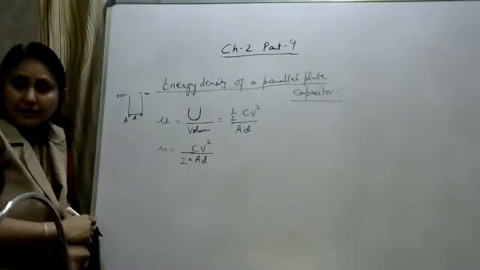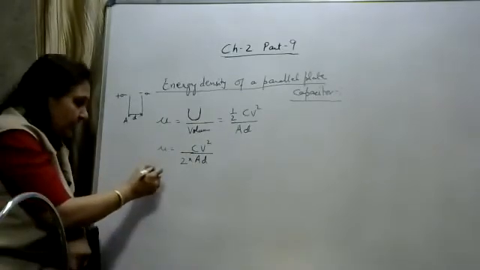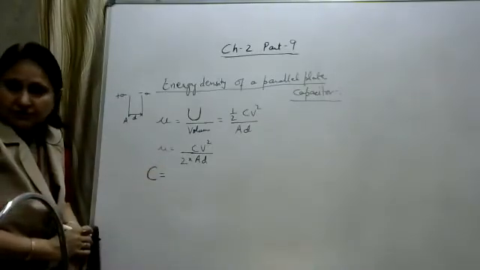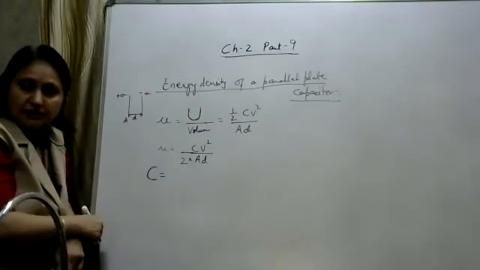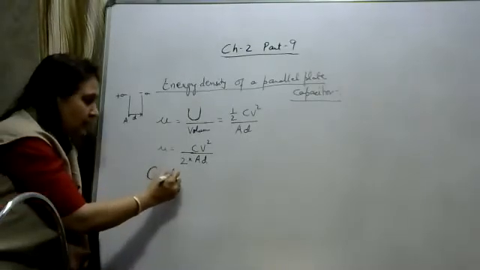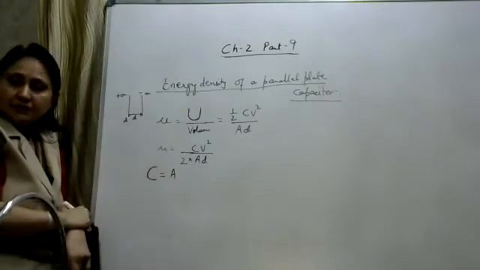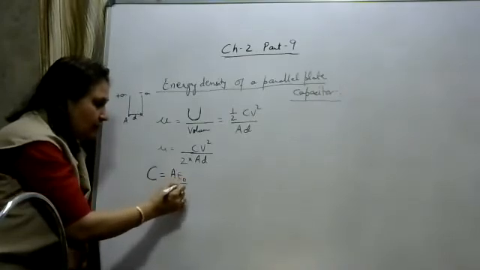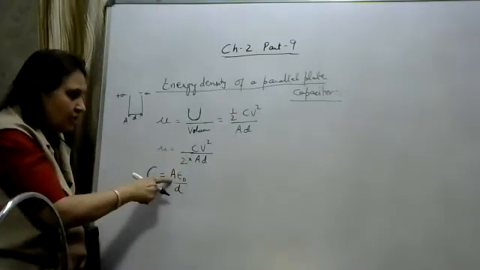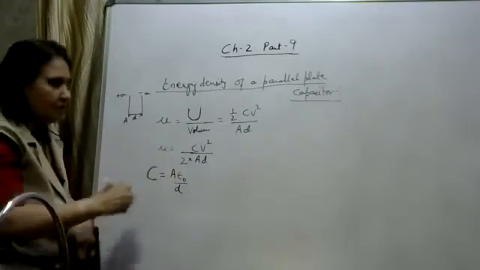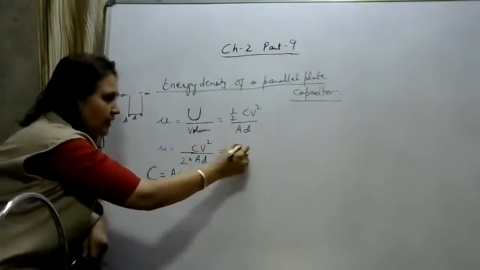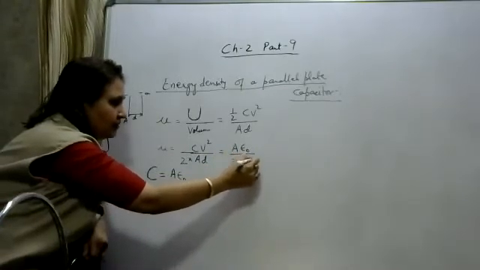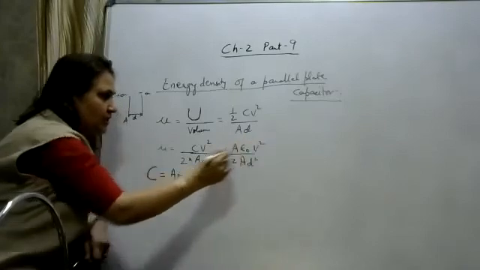Okay, now it is a parallel plate capacitor, and we know the expression of the capacitance of a parallel plate capacitor. Everyone remembers it. So write down here what is the capacitance of a parallel plate capacitor. If the medium is air between the plates, then it is A epsilon naught upon D. So substitute C is equal to A epsilon naught upon D: A epsilon naught upon 2A D into D, it becomes D square.